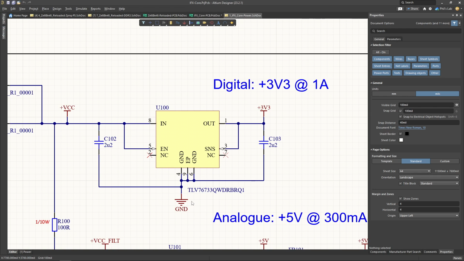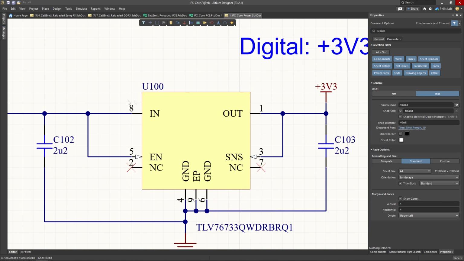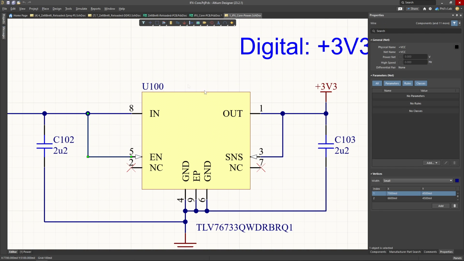The schematic here for the digital LDO we just saw, we have part U100, we have an input capacitor C102 and an output capacitor C103, both at 2.2 microfarads, and these are 0603 parts. All we have to do is then connect our input voltage at pin 8, output voltage at pin 1, these various ground connections, including our thermally exposed copper pad at the bottom. We have an enable signal, which in this design I've just tied high, so as soon as power is applied,